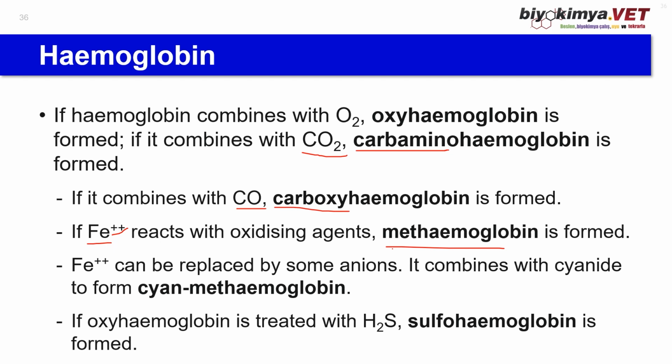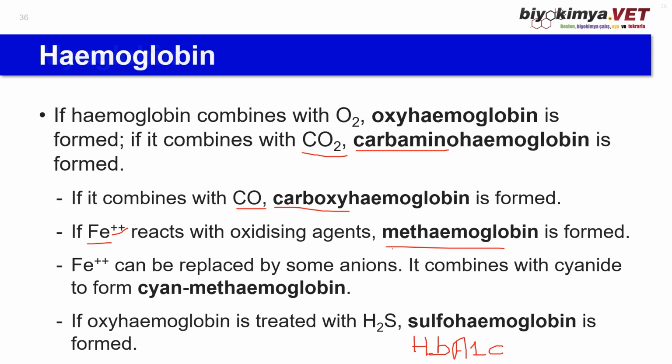There is also another type of hemoglobin, which is hemoglobin A1C. Hemoglobin A1C is glycosylated hemoglobin. Hemoglobin can react with glucose in the blood to form hemoglobin A1C, and it is used as an indicator of long-term blood glucose control and is important in the management of diabetes mellitus. And these different forms of hemoglobin are important for understanding how hemoglobin functions in the body and how it interacts with various substances. The properties of each form affect the carrying capacity of hemoglobin and how oxygen is delivered